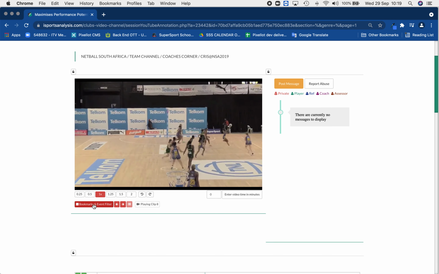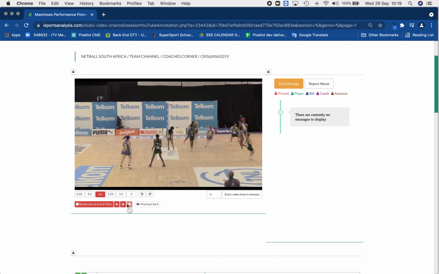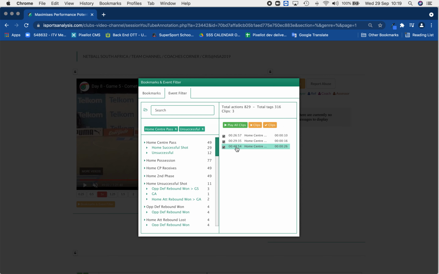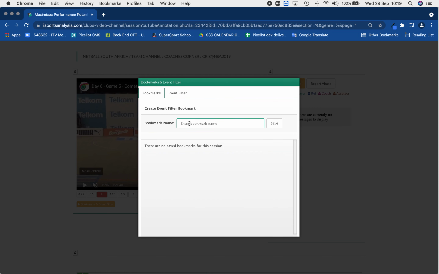Once you've gone through all your clips and added them to your playlist, you can stop the bookmarks and event filter button, and you click that button at the top here. Now if you want to filter to all the clips that you want to create the playlist from, you click clips, and that will pull out those 3 specific clips that you want to build a playlist from. Once you've listed them on the right hand side here, you go back to bookmarks, and then you can just